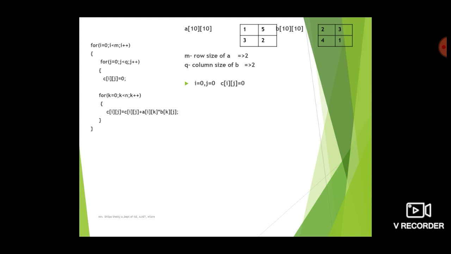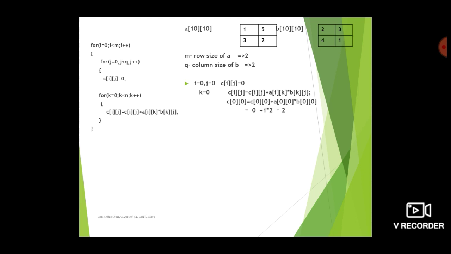C of ij is set to 0. The next statement in the inner for loop is another for loop, for k is equal to 0. So now k is set to 0; k less than n, 0 is less than 2, the condition is true. C of ij is C of ij plus A of ik into B of kj.